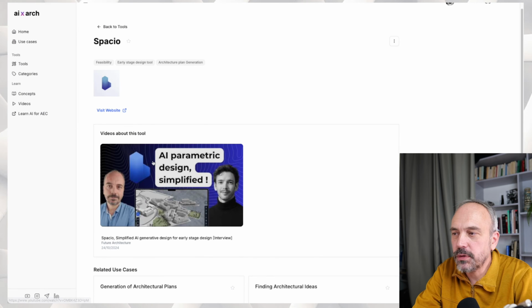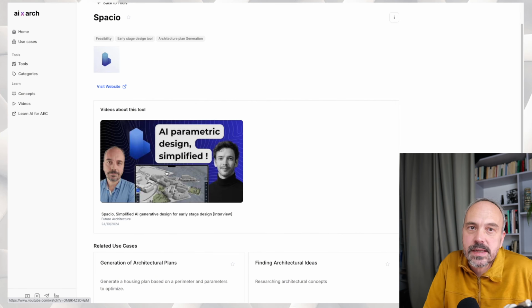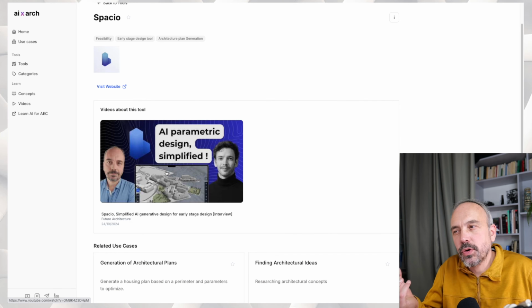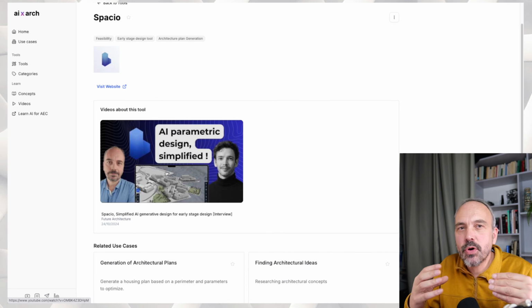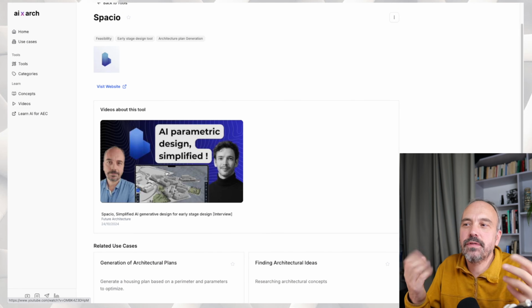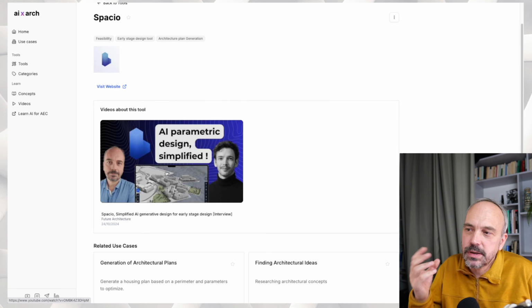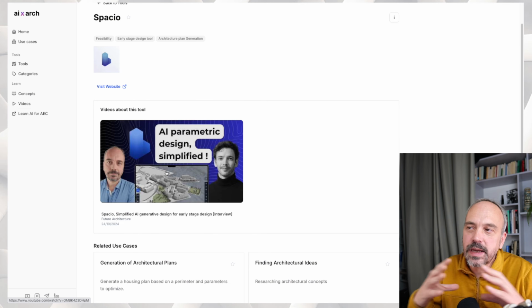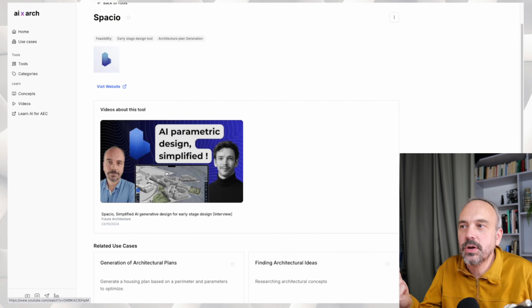I did an interview of the Spatio co-founder, and Spatio is a tool to do early stage design, to find the project concept in a much more agile and fast way than using Revit or Archicad. But the category is early stage design tool or feasibility tool.